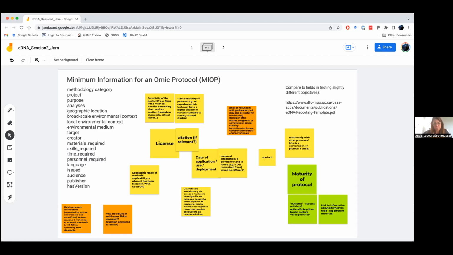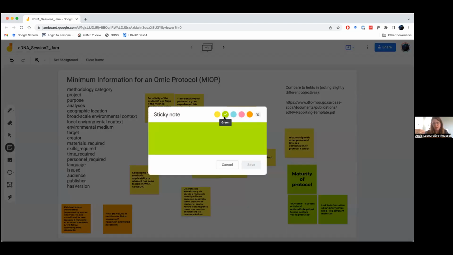So I think the easiest way to make it easy and accessible is basically breaking it down for people in the field versus people in the lab and things like that. Someone who is collecting the water samples doesn't have the same app to fill in as the person in the lab. So quickly you get all of that minimal information, which can probably be bigger and more accurate if it's only 10 questions for each part of the people. I don't know many people that do all of the steps.